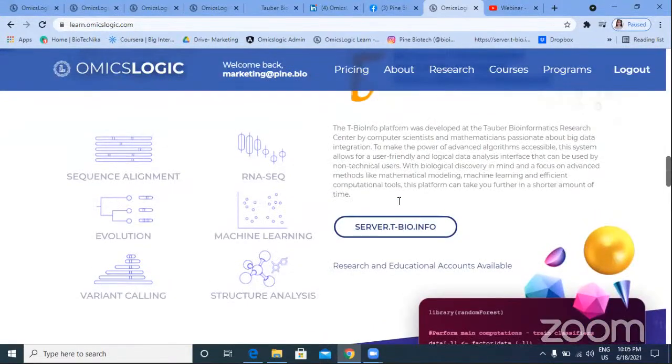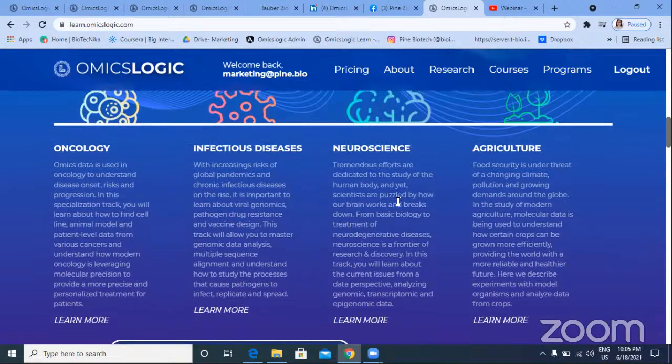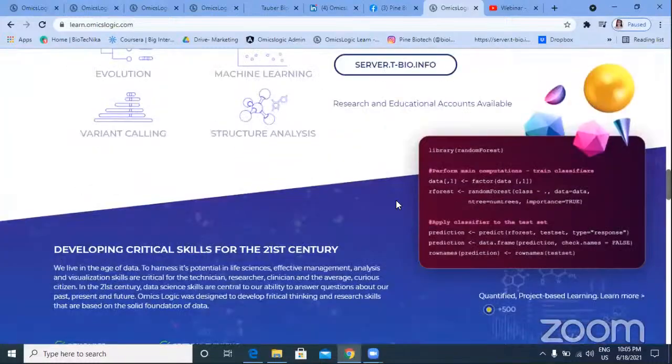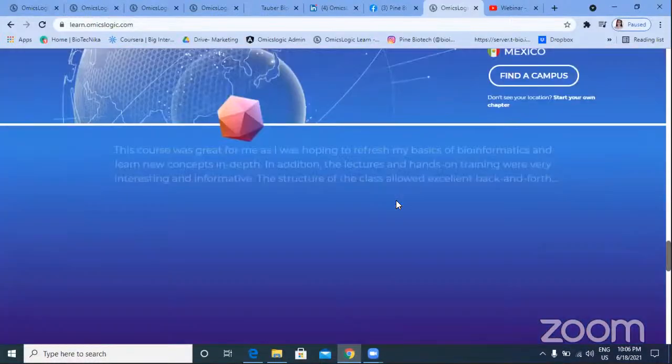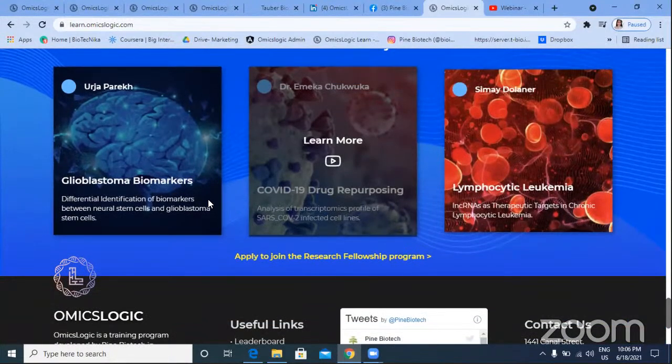In each one of these categories, we have project examples from peer-reviewed journals. We take the data, follow the same analysis approaches that are described, provide some insight into alternative methods of analysis, and also open it up for your independent project on the same topic. Now, Sonalika, if you could go down below and show how some of the research fellows we've had in the past have been able to use this training to design a project of their own.